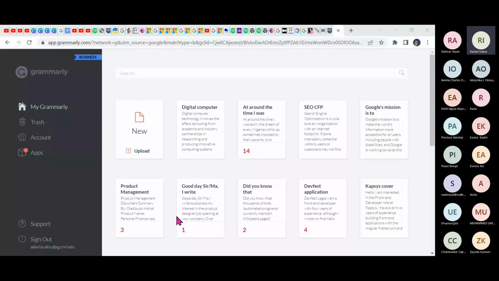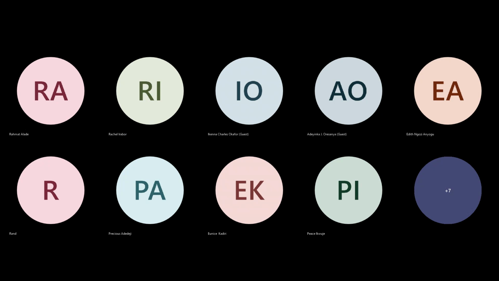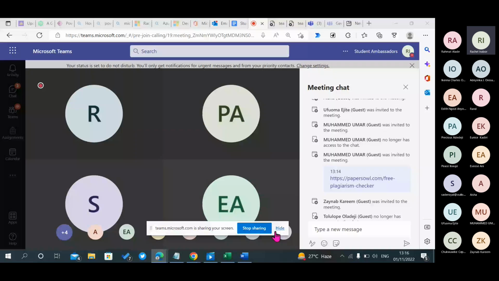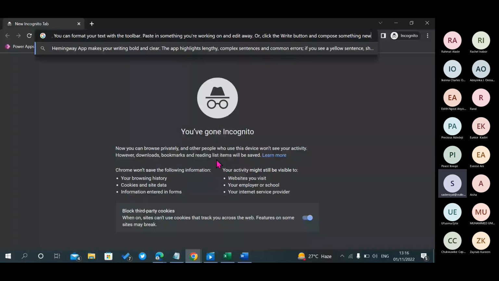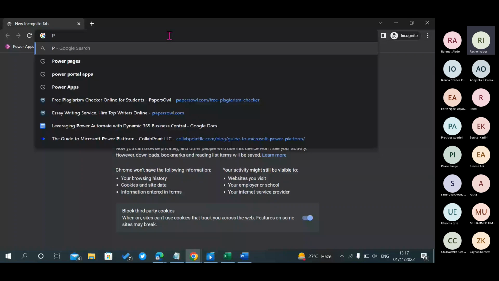Let me just share my full screen. Sorry. Okay, let me share my full screen. Are we all seeing my screen? No. Okay. Oh, you're not seeing my screen? We are seeing it. Okay. I can see your screen. Okay, thank you. I just want to show us something.